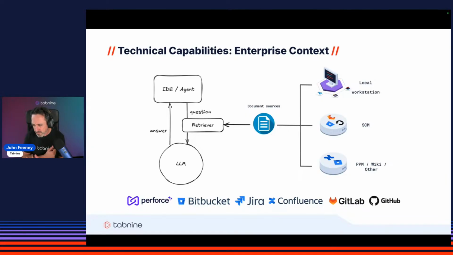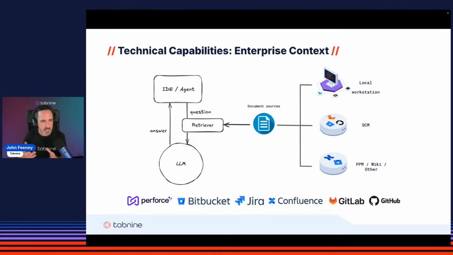These are things that you'll want to connect to your coding assistant. What happens is there's a process that kicks off where all of this information is indexed into this vector database. Then, as I say, the retriever pulls out the necessary data or context from this database and provides it to the LLM along with the user's query or prompt.